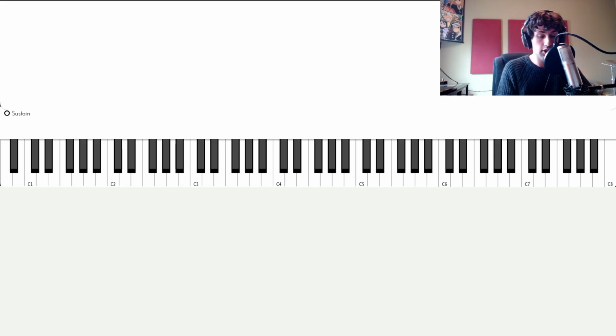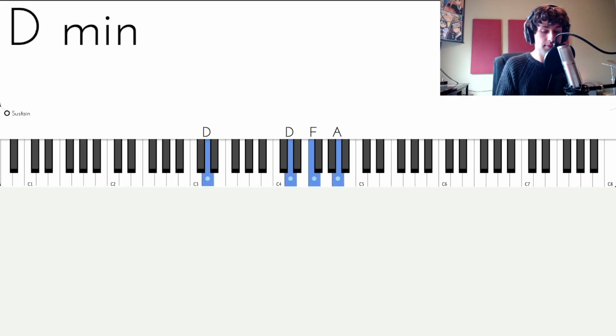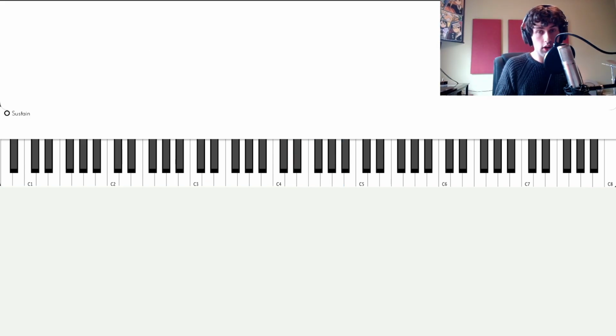So let's just take C major, for example. A C major chord is built up of triads that are notes from the C major scale. So it is the 1, the 3, and the 5. And these triads make up a C major chord. Then if you go one step up in the scale and you play the 2, the 4, and the 6, that's a D minor chord, and so on and so forth. So once you know that, you already have 7 chords under your belt, and you can start making chord progressions